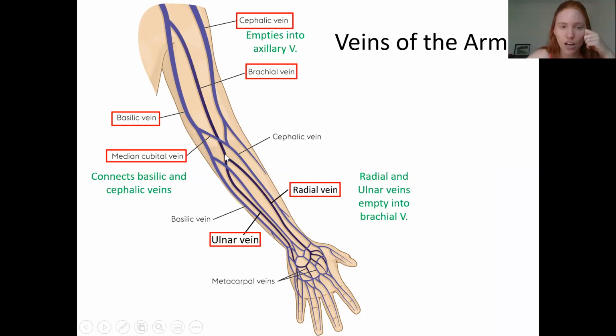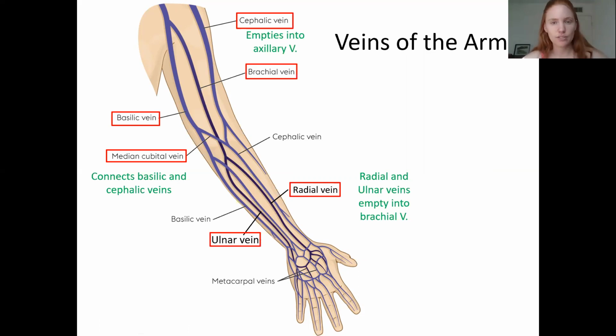It's deeper than the other ones, and it has two branches here. The brachial vein becomes the ulnar vein, again on the pinky side, the medial side, and the radial vein, which would be on the thumb side. So the ulnar vein and the radial vein are going to run parallel along the ulnar and